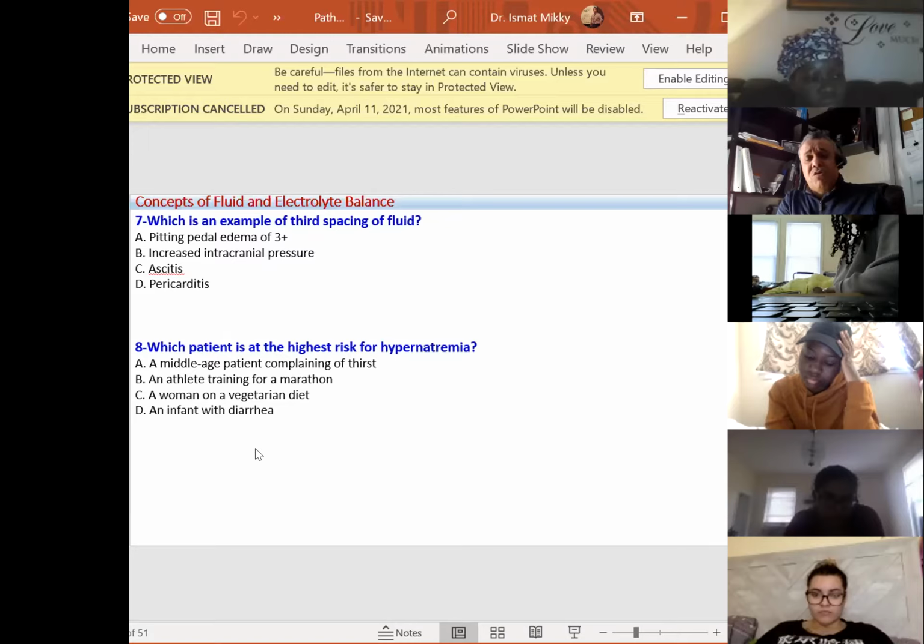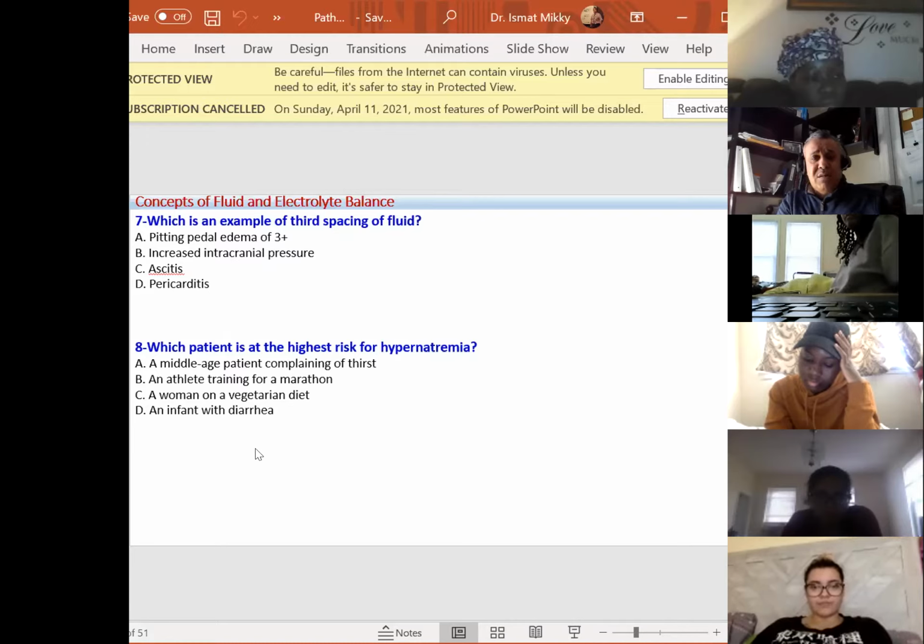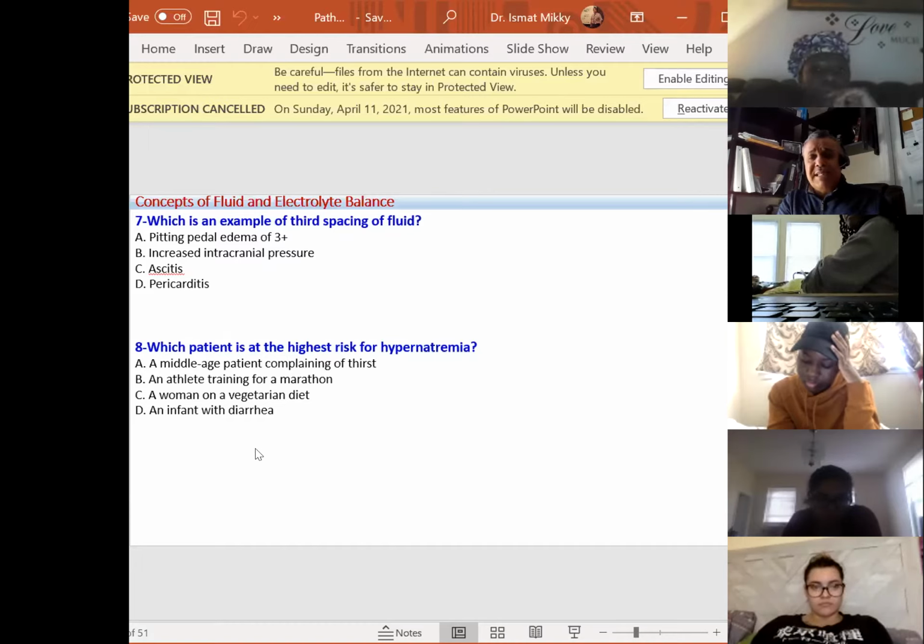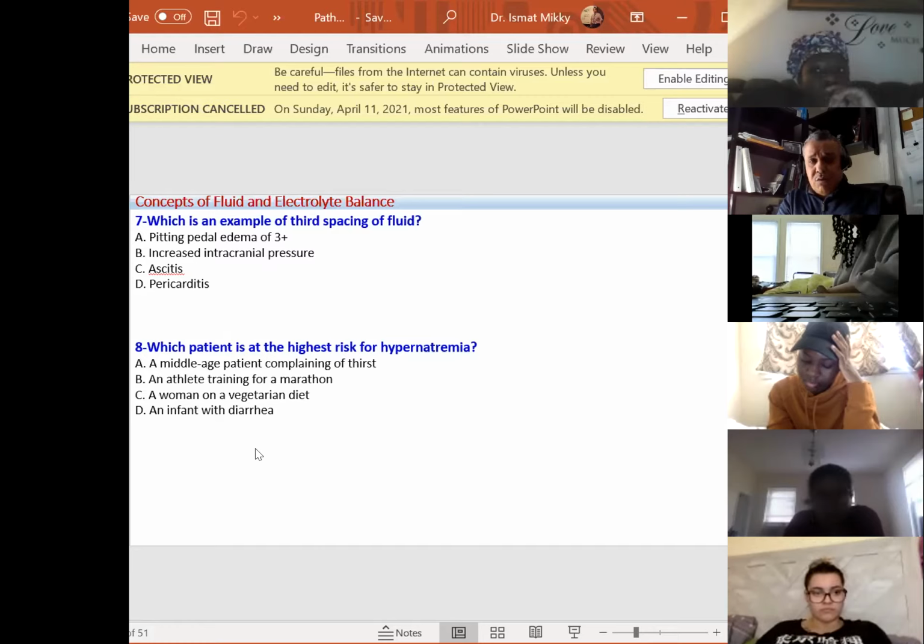But this patient had third spacing, and we said that we intervene when the fluid is trapped in the abdomen, around the lungs, or in the joints, like accumulation of synovial fluid. That's an example of third spacing. You have to physically intervene by aspirating the fluid: paracentesis, thoracentesis, or aspiration of the synovial fluid from the joint. So an example of third spacing would be